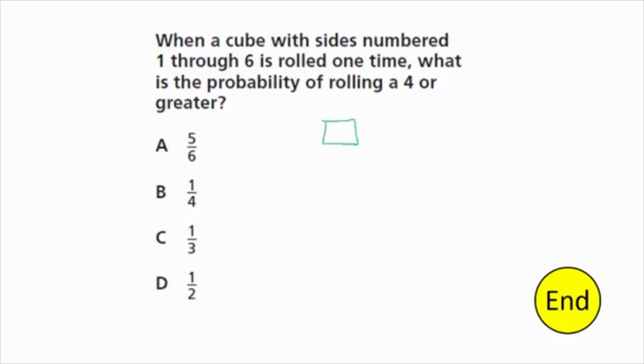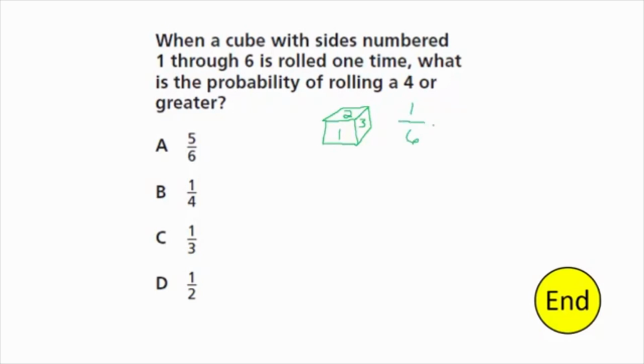I love probability. So I'm thinking of this cube. Think of a dice, think of a cube, whatever you want. But it's got 6 sides and each numbered 1 through 6. So when I roll this dice, it has to land face up. It's going to land on one of those numbers. The probability of rolling any one of them, say a 1 in this case, is 1 out of 6 possibilities,